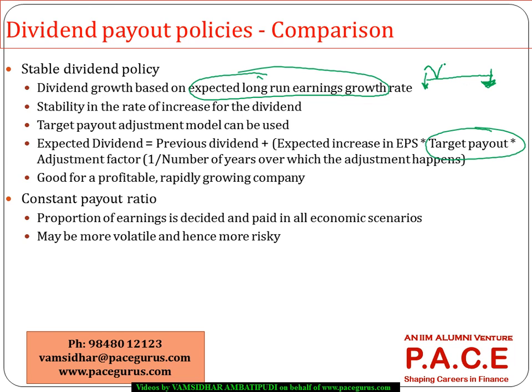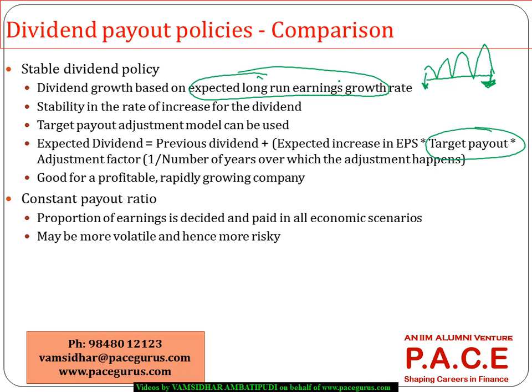So gradually, year over year, it will keep increasing the dividend and reach this target dividend payout ratio, and there is stability in terms of the payout. It depends on the long-term growth rate of the company. Based on the long-term growth rate, it assumes some proportion of dividend payout and plans to reach that in some X number of years, and based on that it decides the dividend payment for each of the years. That is what a stable dividend policy is.